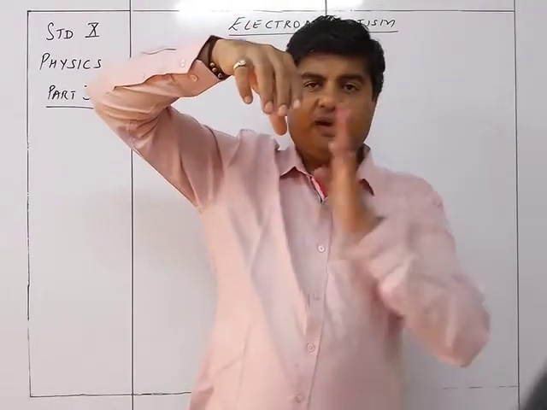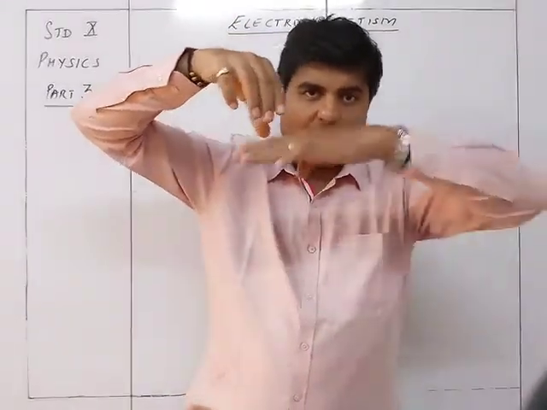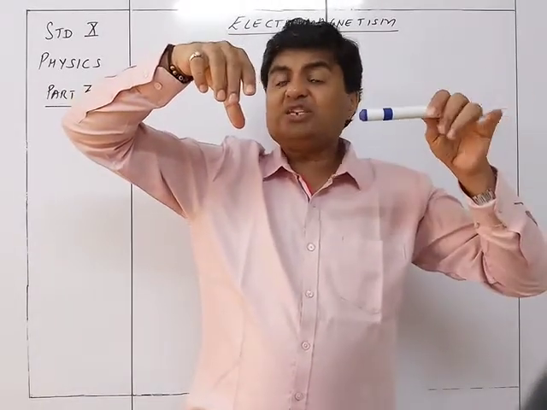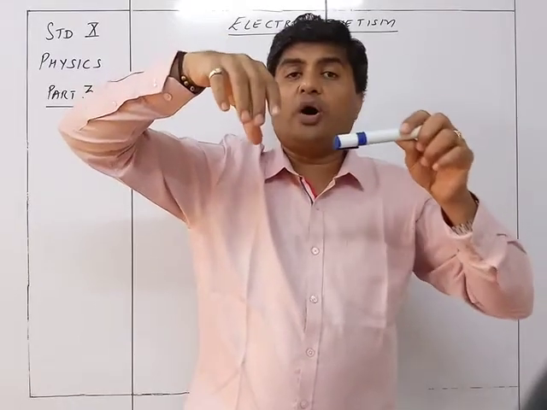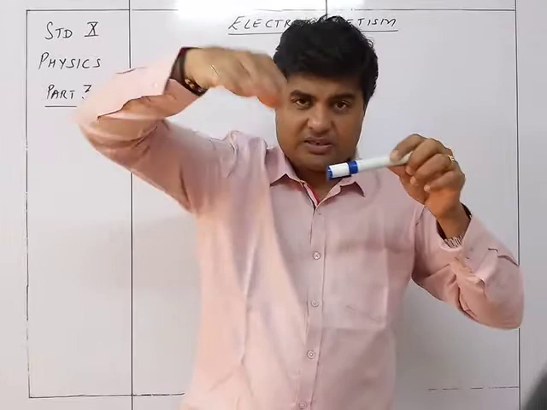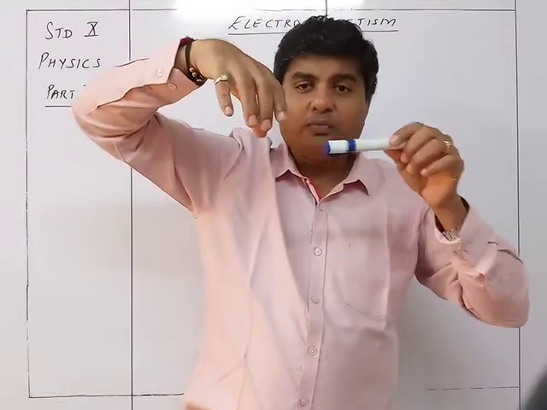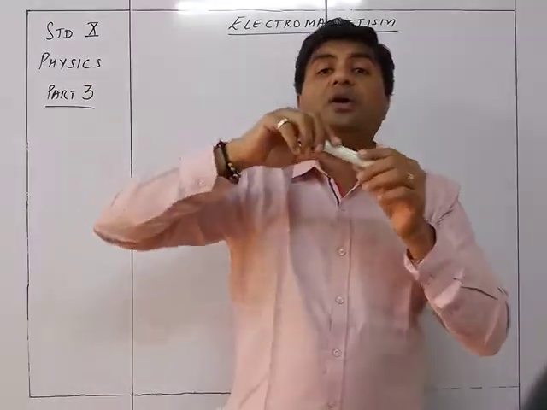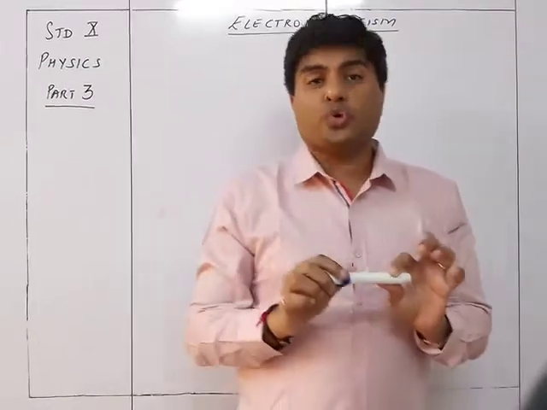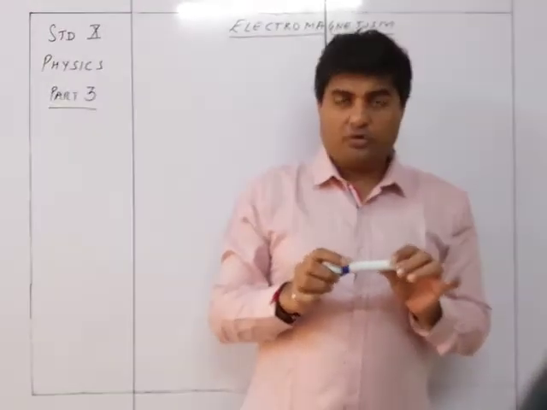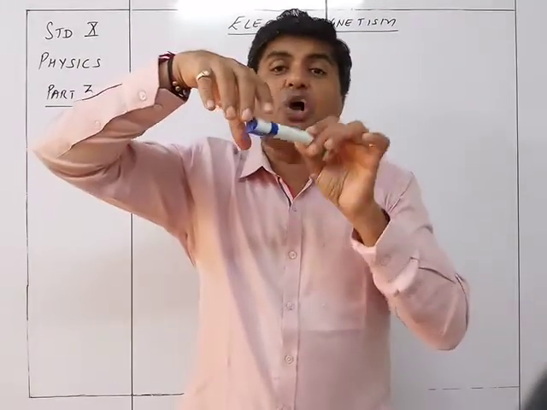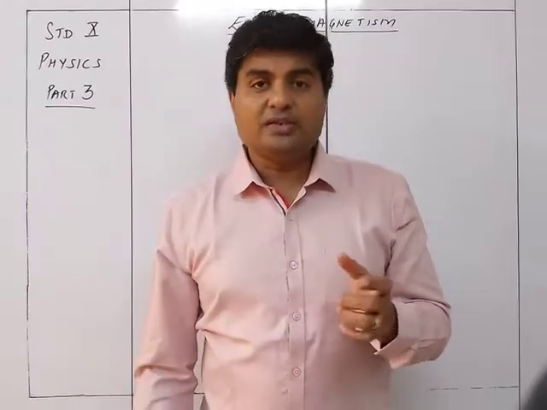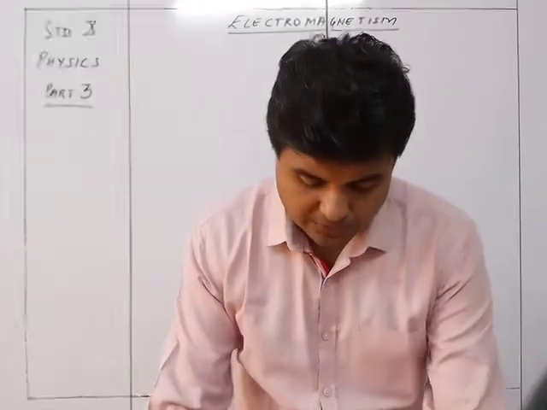So the direction of the magnetic field is this way, and the direction of the conductor, that is current, is like this. So that means that the charge is not moving in the direction of the magnetic field. The direction of the magnetic field is like this, whereas the charge is moving this way. So when the charge is moving this way and the magnetic field is this way, then this particular charge will experience a force, which is nothing but the Lorentz force. So this charge will experience a Lorentz force when it is placed in a magnetic field. So this is what is there in the experiment. So let's see how the experiment works.